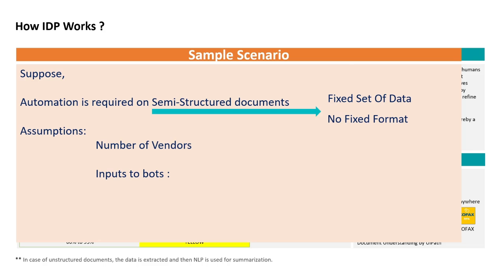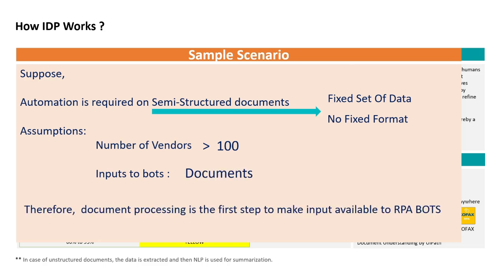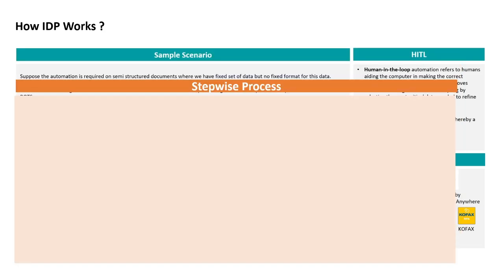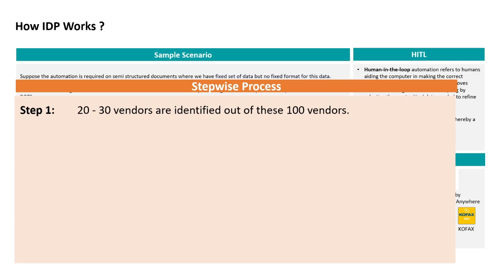Let's assume certain points, that is the number of vendors. For example, the number of vendors is more than 100 and the input to the bots is documents. So we can say that document processing will be the first step here to make input available to the RPA bots. Looking at the step-wise process, in step 1, we'll identify 20 to 30 vendors out of these